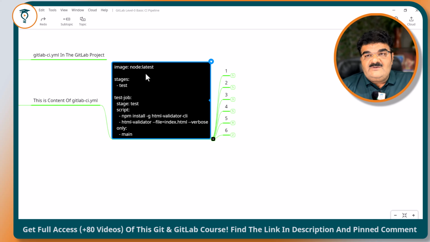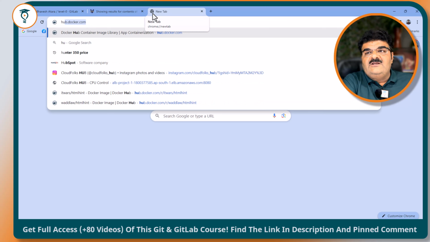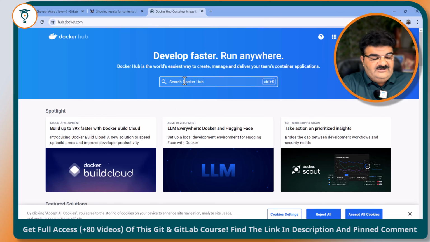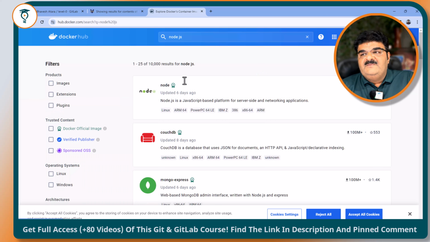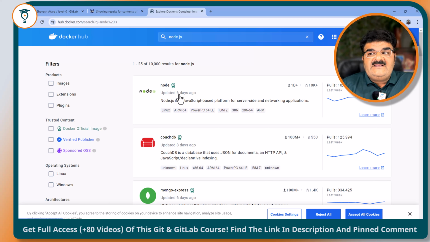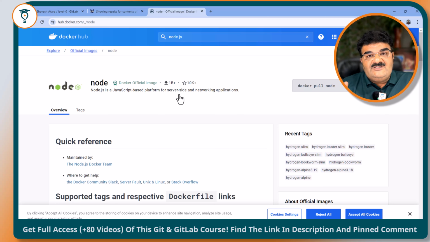Now you may have this question: how do you find this? It is very easy. Even if you don't know anything about Docker, you don't need to worry because we will talk about Docker in upcoming days. Here you just need to find an image. How can you find it? See, there is a website of Docker itself. You can go to hub.docker.com and you just need to type Node.js. Okay, and this is the first, latest Docker image in which we have Node.js ready, and then we can install directly our